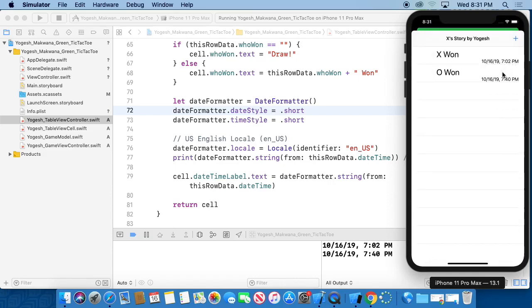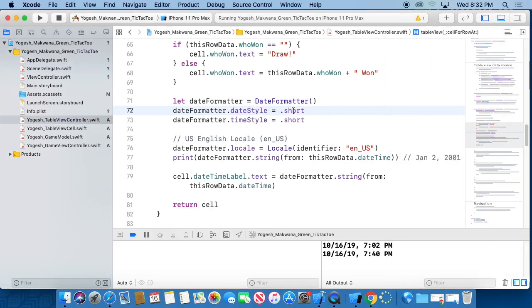So this way it fits. We don't have to do anything. But if you like the other format, just go to the storyboard and stretch your label a bit. So you have two choices to not have your text cut off. You can either change the date style to short,